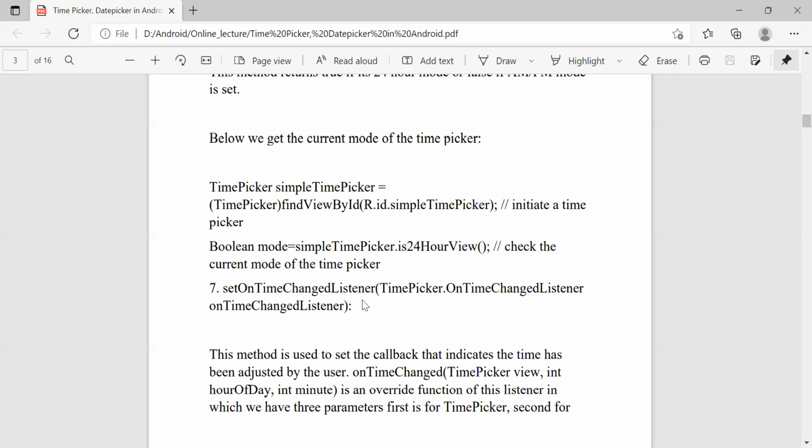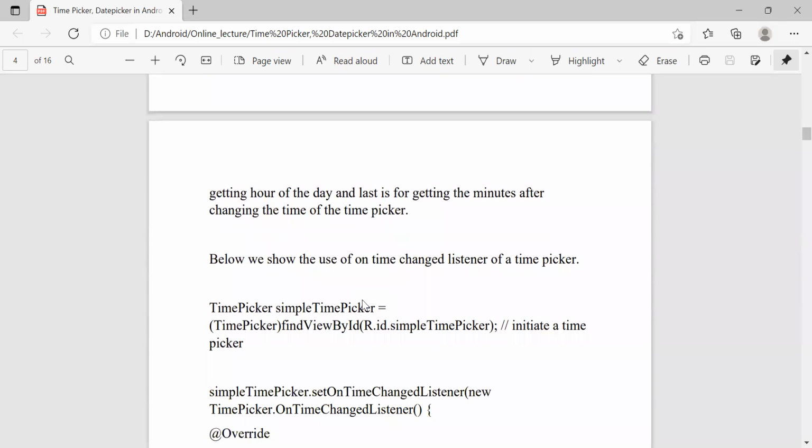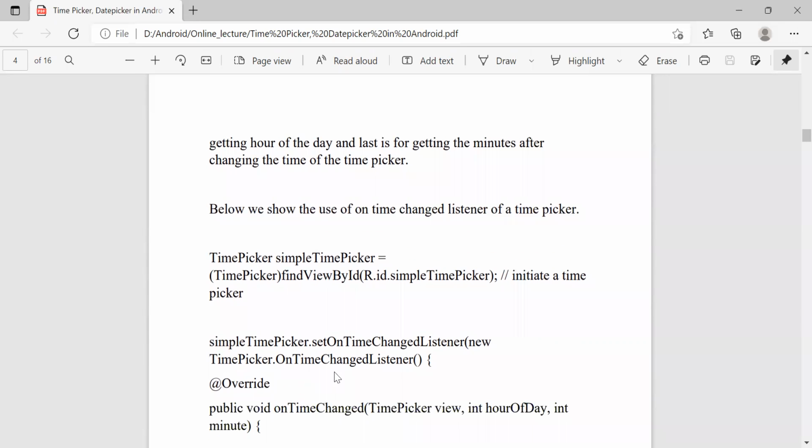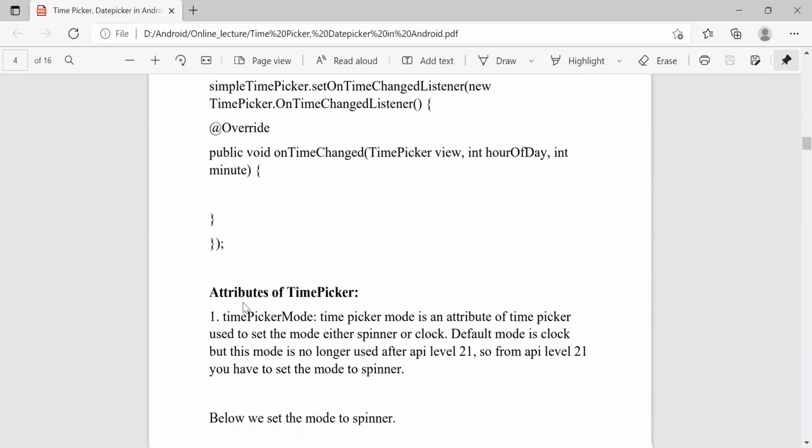So here we can set the hour and minute. Its example: here we first create an object and we call the method setOnTimeChangedListener, and in that the onTimeChanged method is there. Here we get the hour of day and minute, so we can use that to set the value.